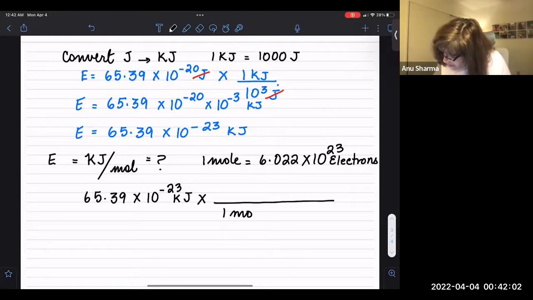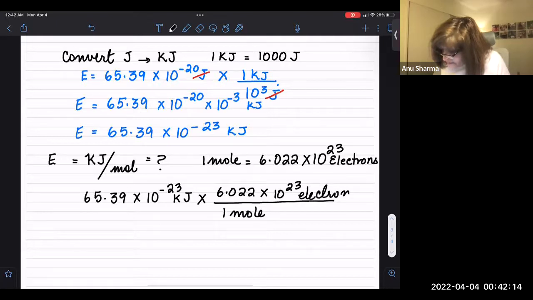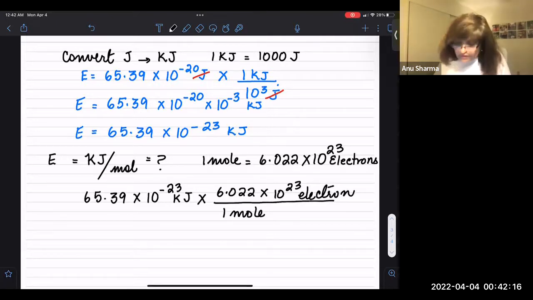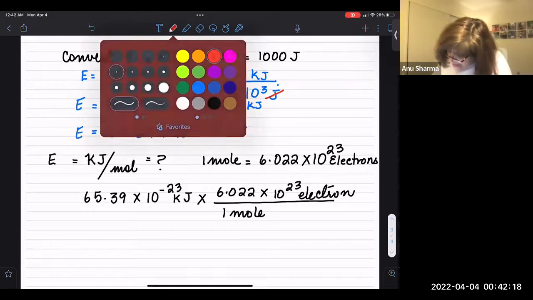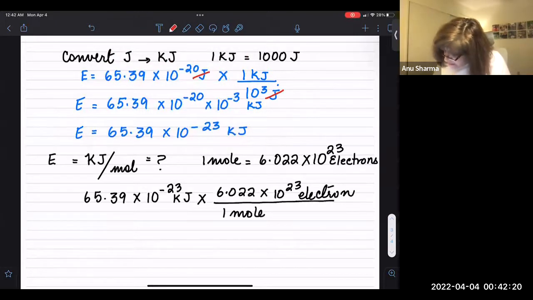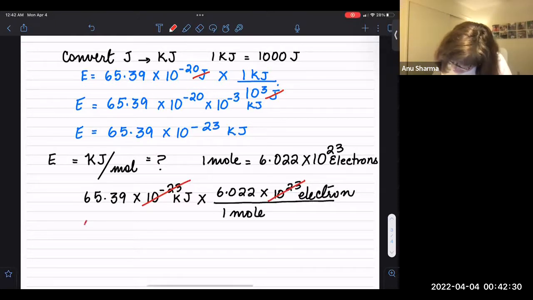Let's leave it here. 1 mole contains 6.022 into 10 to the power 23 electrons. Okay, so that's the particles of, obviously, the photoelectric effect problem. So here 10 to the power negative 23 and 10 to the power 23 cancel out, and you are just left now with